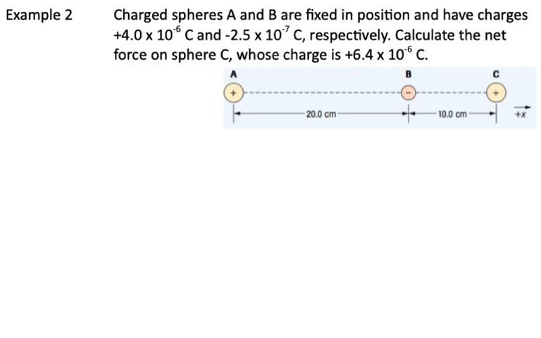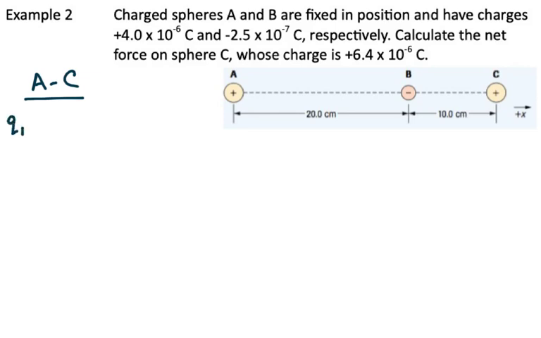What we know is that the force between B and C will actually be an attractive force because they're oppositely charged, and the force between A and C will be repulsive. So we actually need to calculate both of these forces. So from A to C,